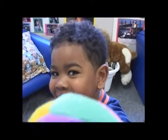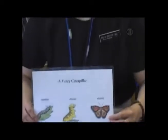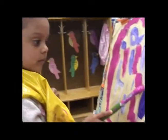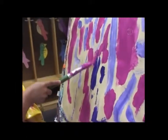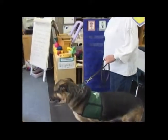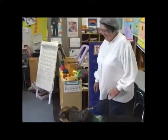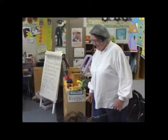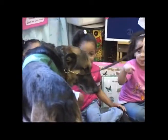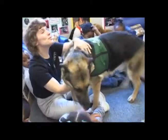At the Florence S. Brown Pre-K Center at Rochester's School 33, Marie Munir's pre-kindergarten class enjoys interactive learning every day. Her students are building foundation skills in reading, writing, computing, art, and more. They're also doing some very special learning thanks to a four-legged friend named Morgan and longtime school volunteer and dog trainer Susan McDougall. As Morgan enters the room, the children react with the joy, excitement, and anticipation of seeing an